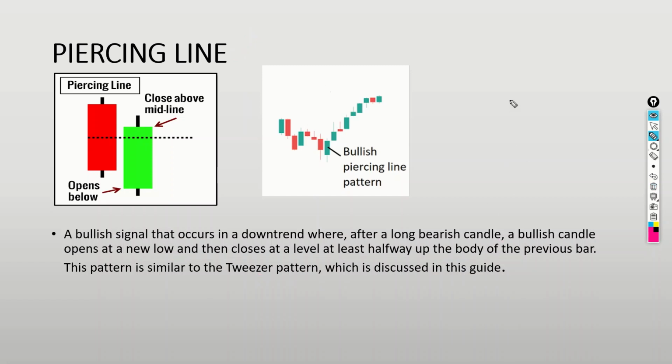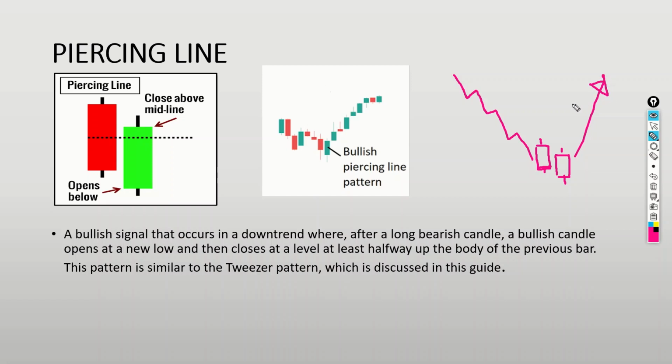Okay, so we are saying that we have a clear downtrend, and then we have a bearish candle, and then the next candle. This is where the price closed from. So we expect the next one to open from this price, but it does not open from there, it opens lower than that price. Then this candle closes at least halfway of the previous bearish candle. That one is what we call the piercing line